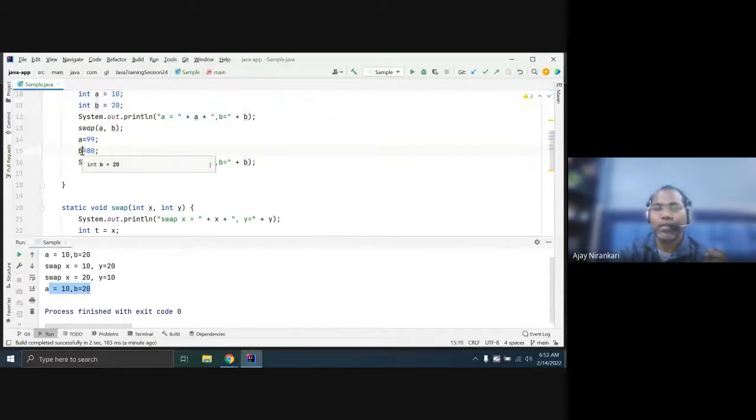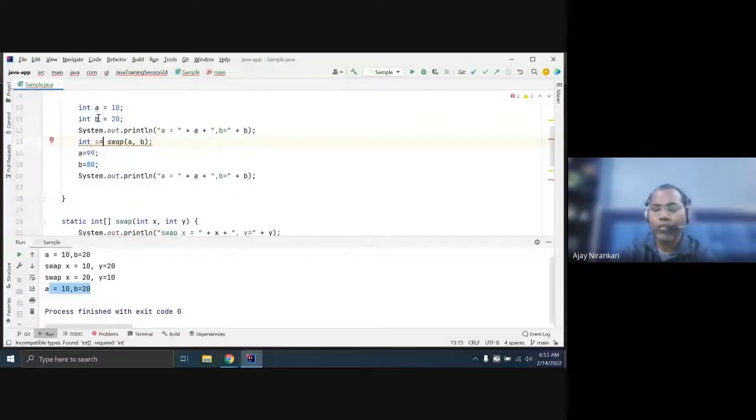Whatever you return, you can return one value, X or Y. Here you can return the Y value, X value, right? Or if you want to return both values, you can return an array. But the value you are holding in X will change, not A and B. This value only changes if you reassign something.